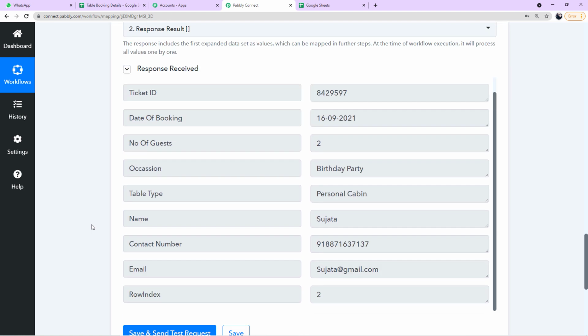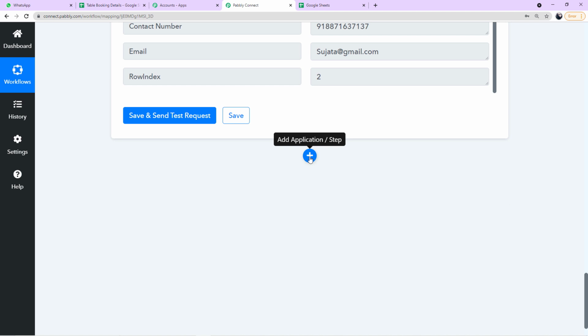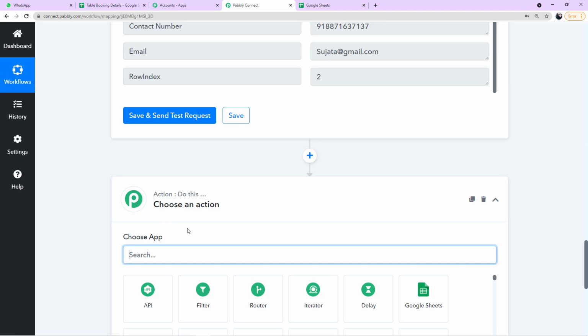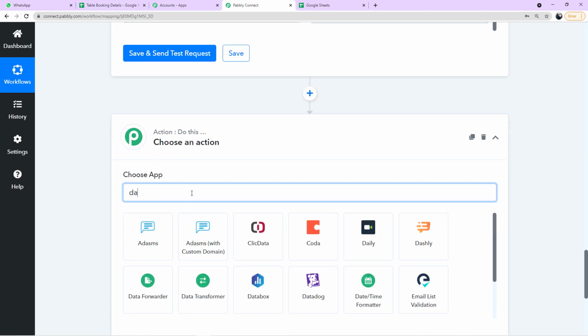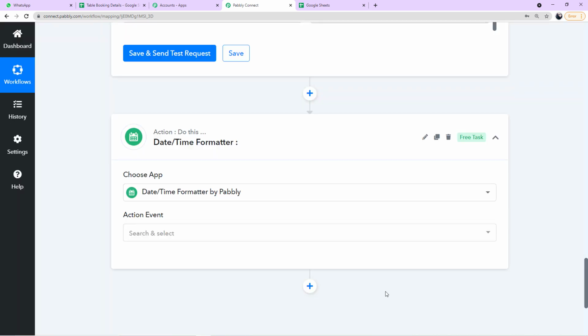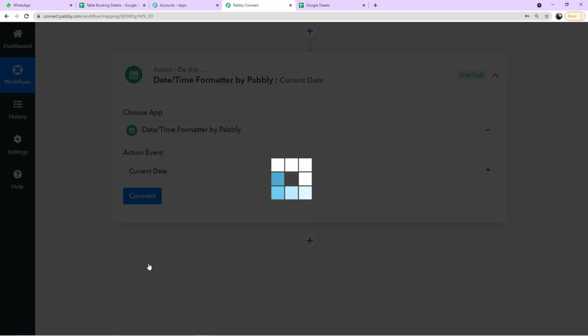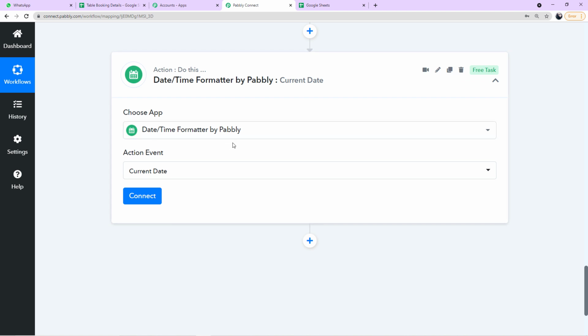Now what you have to do is click on this plus button, and from the choose app you have to choose Date Time Formatter by Pabbly. So this is Date Time Formatter. Now in the action event you have to select current date. So why are we applying this? We are applying this to bring the current date into Pabbly Connect. All right. Because we are going to use that date, so I will tell you, click on connect here,